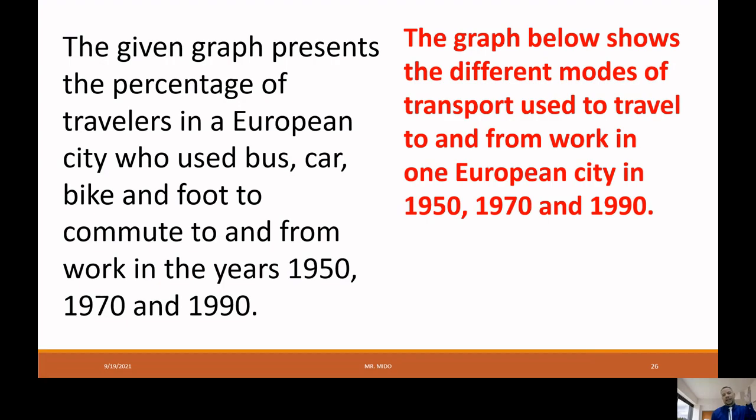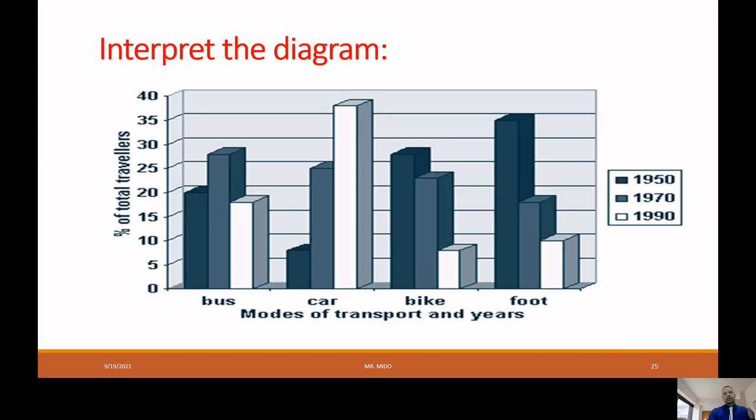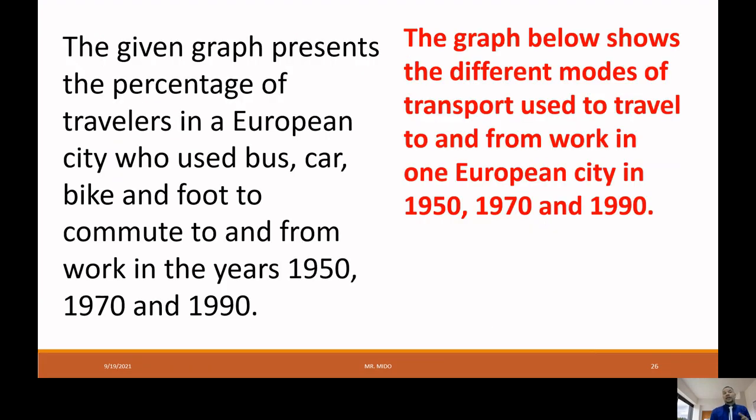I said percentage because one of the lines on the left of the diagram went 5%, 10%, 15%, up to 40%. So I say percentage of instead of travelers. I mentioned this here now, in the question on the right: transport, travelers in a European city without a name, who used bus, car, bike, and foot to commute to and from work in the years